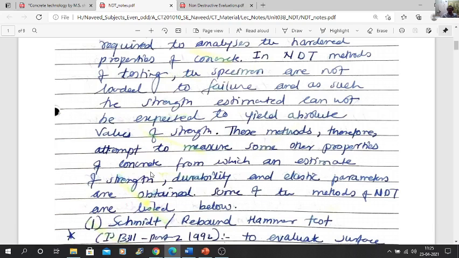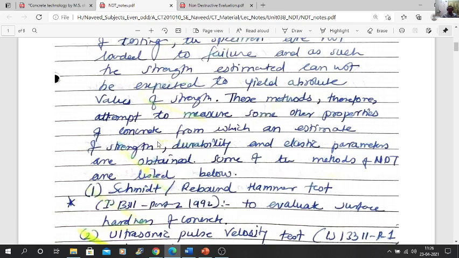These methods therefore attempt to measure some other properties of concrete from which an estimate of strength, an estimate of durability, and some elastic properties we can find out. So first we will see our rebound hammer test, how it is performed, and what the principle is.